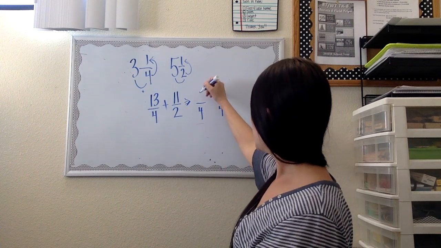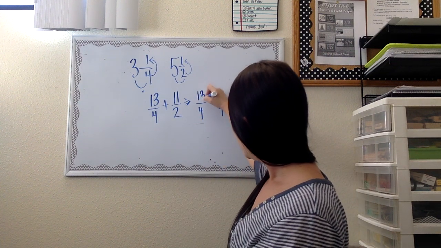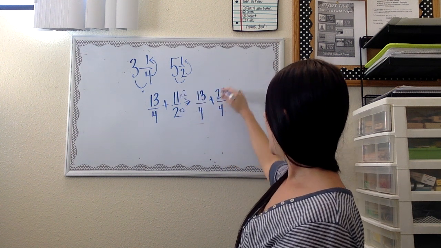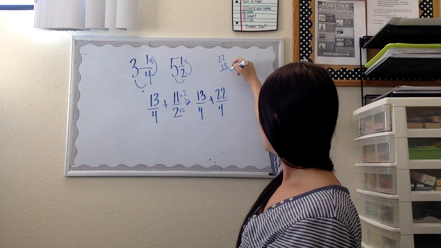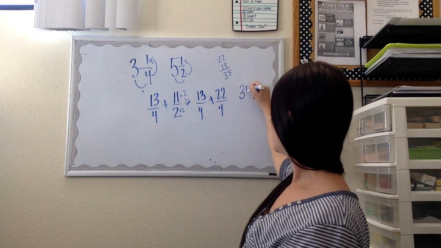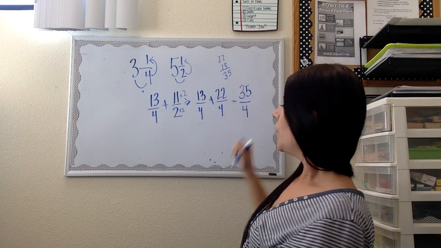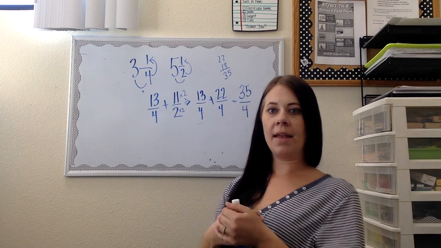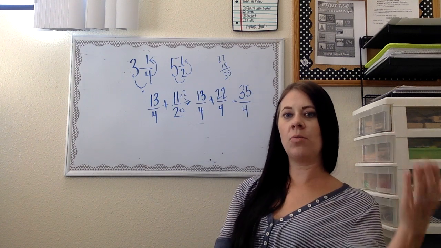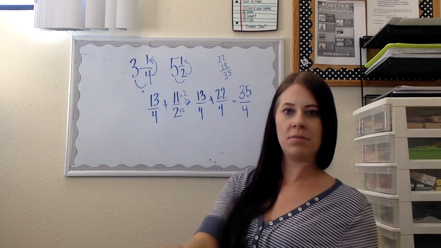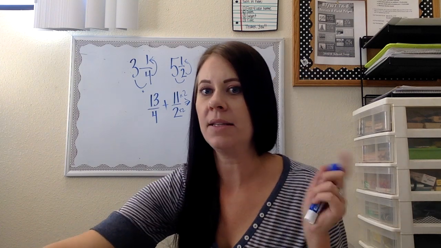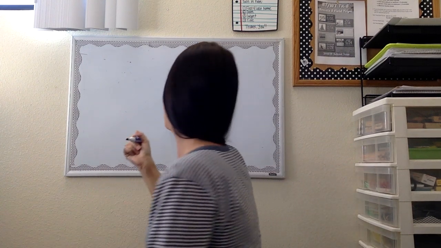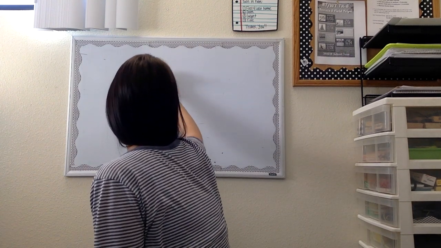Then this one was a 4, so I get to keep the 13. And this one I multiplied by 2, so I multiplied by 2 here and I get 22. I add the top numbers and I keep the bottom number. Now, you are not going to turn this back into a mixed number because we have to do more things with it. And if we have to do another step with it, it's going to have to go right back into improper fraction anyways. So please do not change that. On your paper, don't erase, but I'm going to. So I'm going to remember 35 over 4. 35 over 4. So he walked 35 over 4